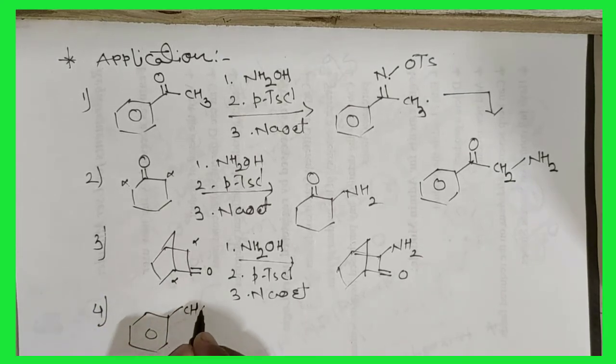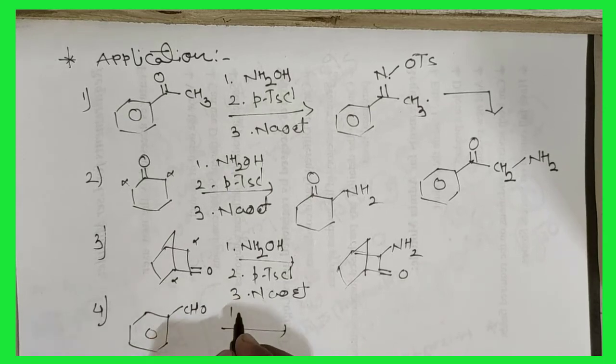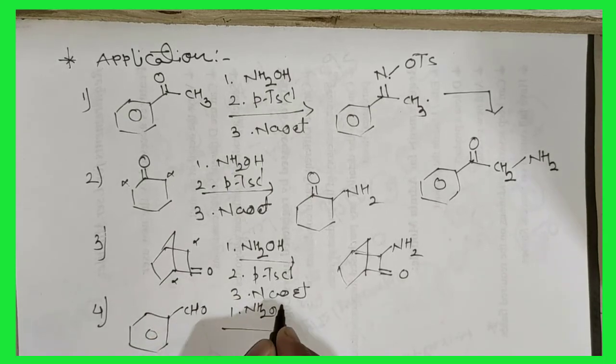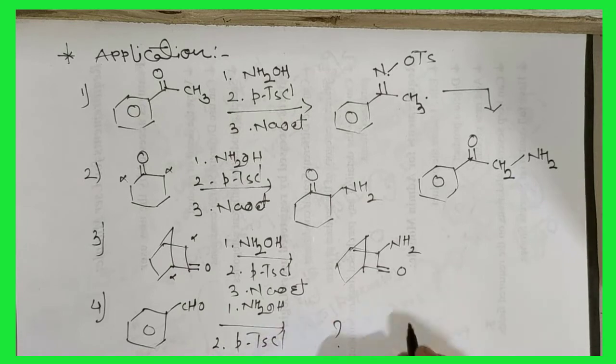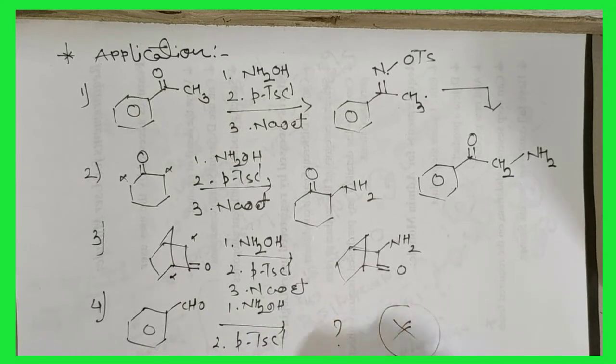Suppose here is benzaldehyde. So again react with NH2OH, second react with para-toluenesulfonyl chloride, and third react with NaOEt, and the final product is, so no final product, because aromatic aldehyde never gives